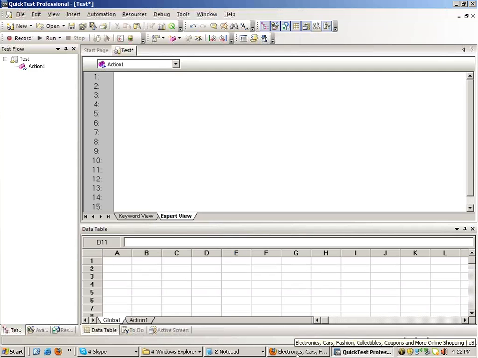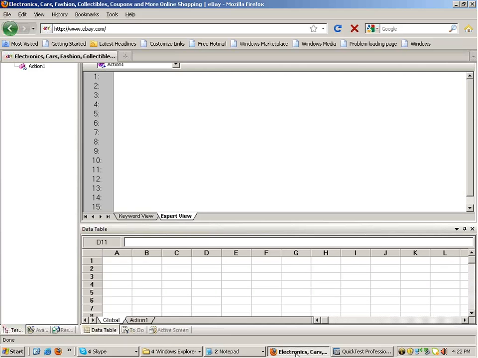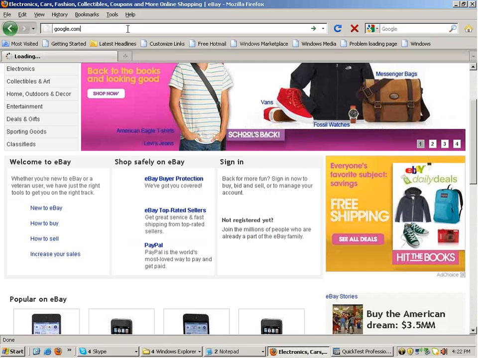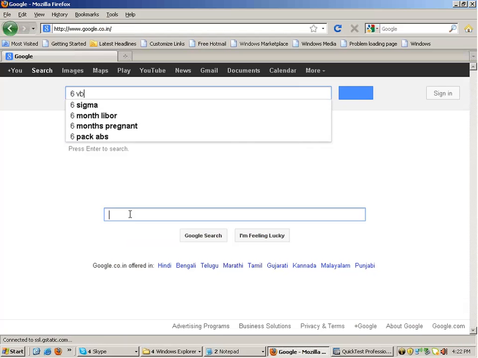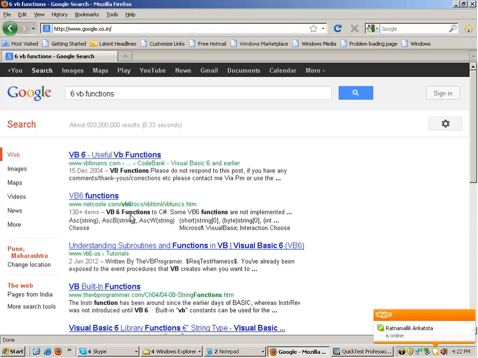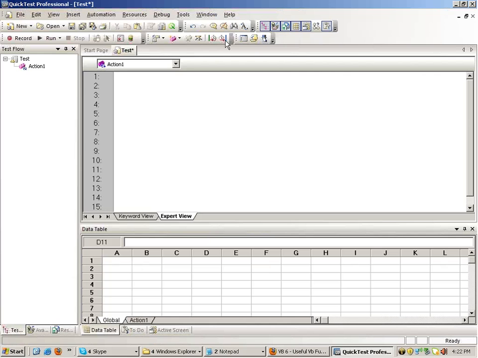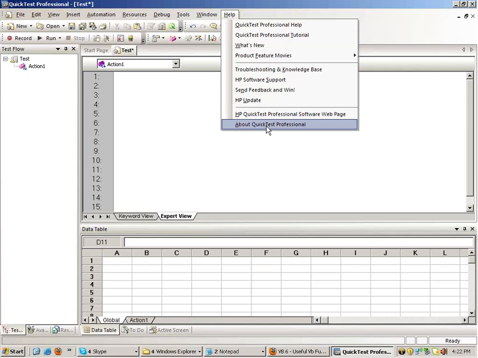Now in this whole thing, if you actually go to Google and type out here, you get very useful VB functions which are used in QTP a lot. Also, if you go to help menu of QTP, it is very, very powerful. Okay, if you go to help, QTP help, if you go here,